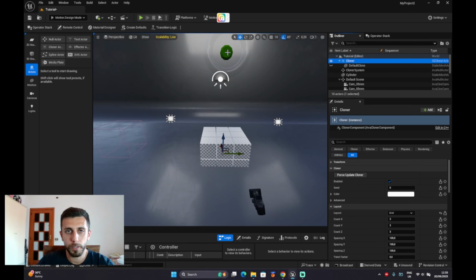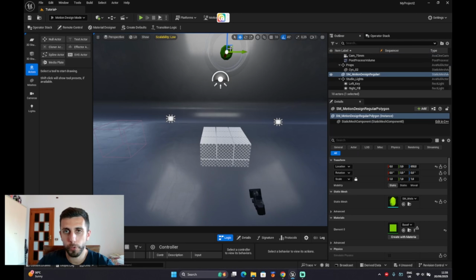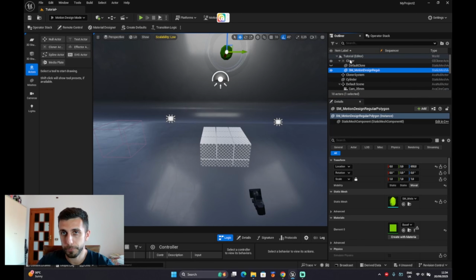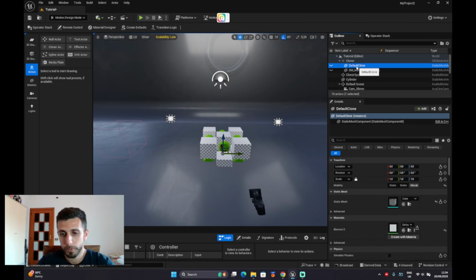Okay, another thing, we need to parent this object that we created to the cloner. In order to do that, we need to make it movable. So in the detail panel, just select movable, otherwise you cannot parent it. And we can just drag and drop it onto our cloner. Okay, now we can delete the default clone,